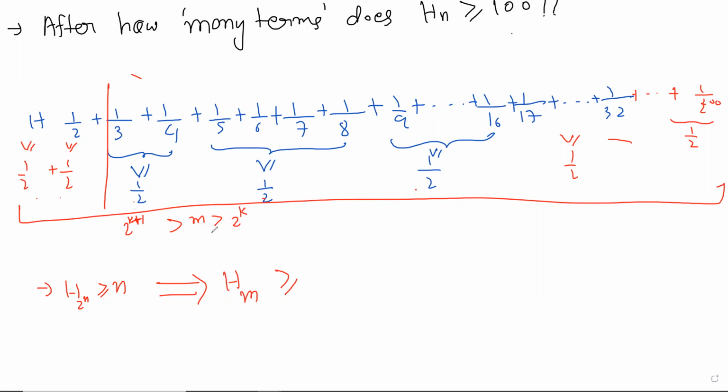Let's get there gradually. So if m is bigger than 2 to the power k, right, and it is less than 2 to the power k plus 1, right, then you can just say that this is bigger than 2 to the power k, and this would be bigger than k. Right? That's what it is, right? Now,